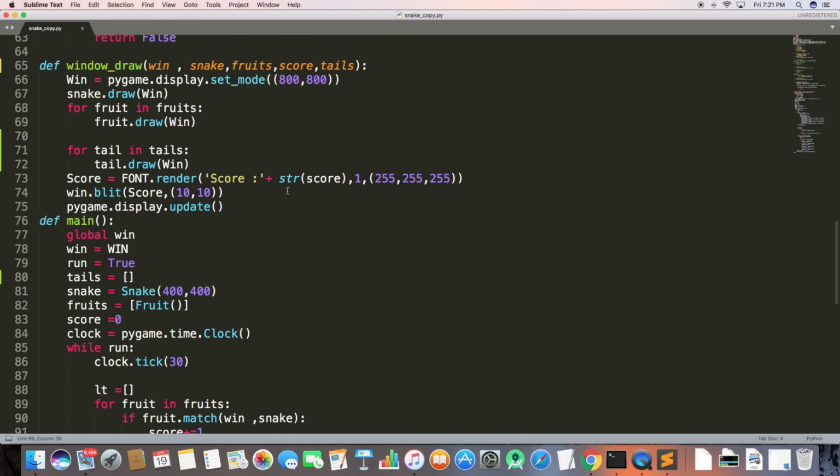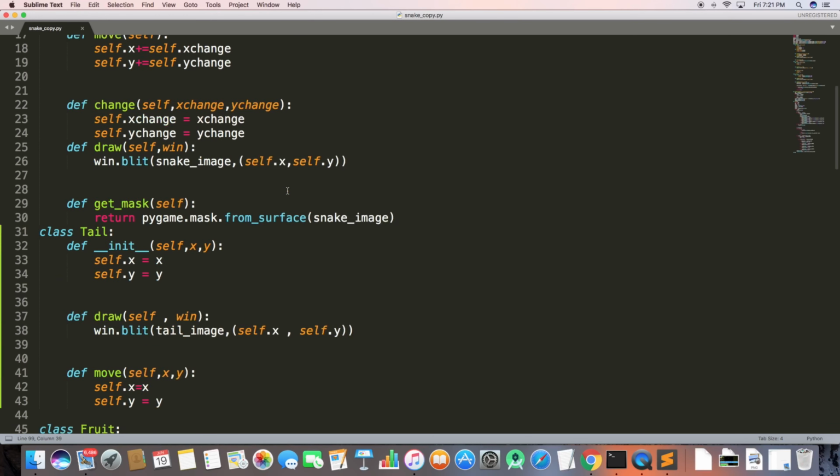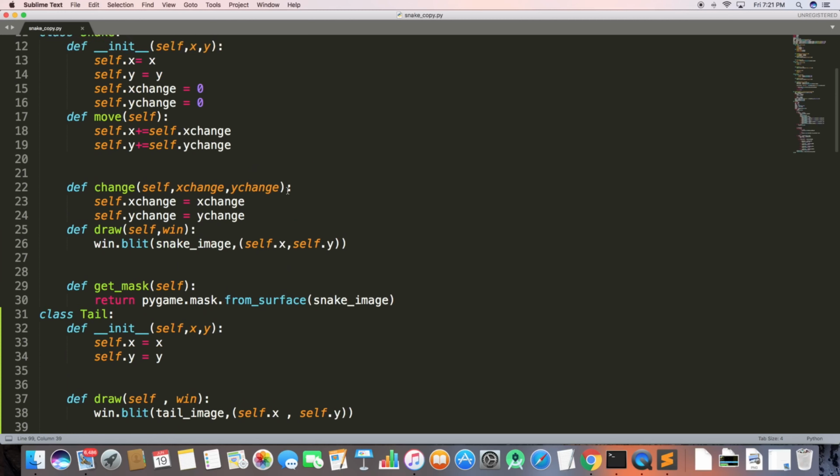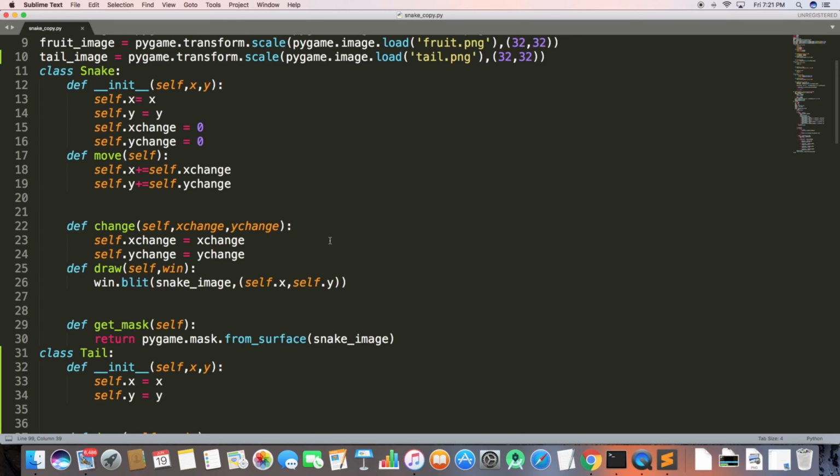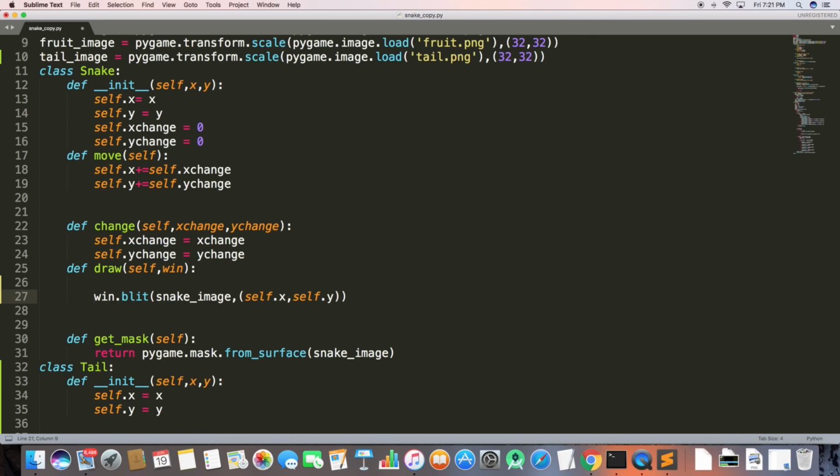And what we need now is, as you saw in the game, the head is fixed in one position. So even if I'm moving up, left, right, down, wherever, its position is always toward the left. For that, I'll be having a few if conditions, and I will be rotating the head a bit.